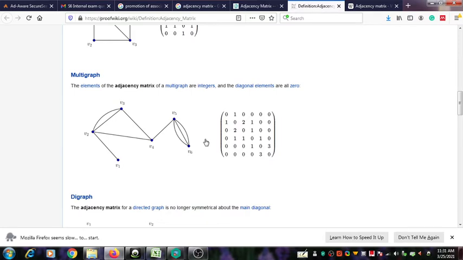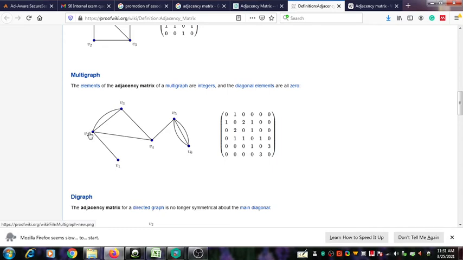After that you can start entering values in the second row, but when you come to the second row you have to consider the second vertex. So there is a change in the vertex. The fixed vertex has now changed, our attention is now on the second vertex v2, and from v2 you have to consider the remaining vertices. So v2 to v1 there is 1 edge, so you put 1,